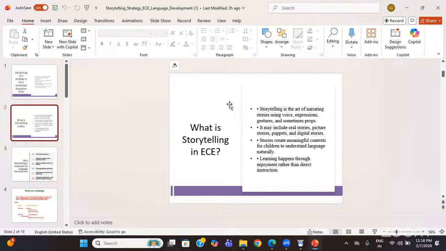Stories create meaningful context for children to understand language naturally. And sometimes we often say that there is a moral in the story, and we should tell the moral of the story. No, please don't tell them, "this is the moral in the story." Why? Think. The moral in the story is something different, and whatever is happening outside in society